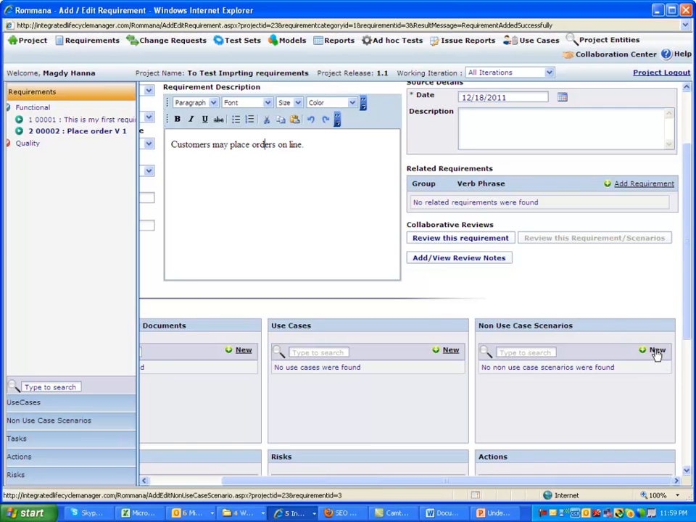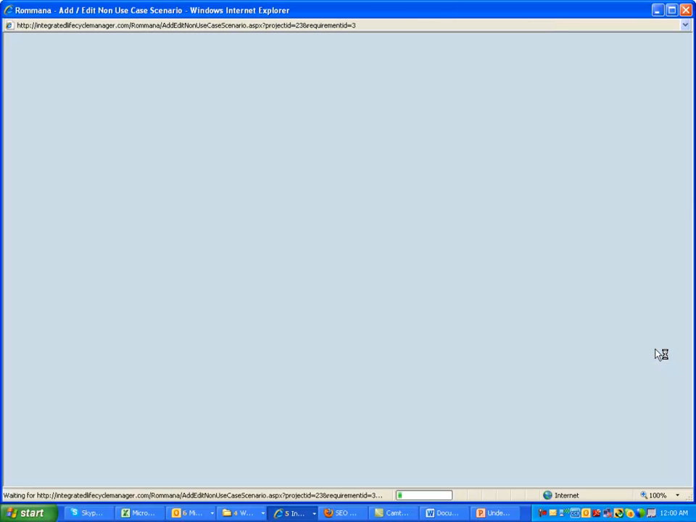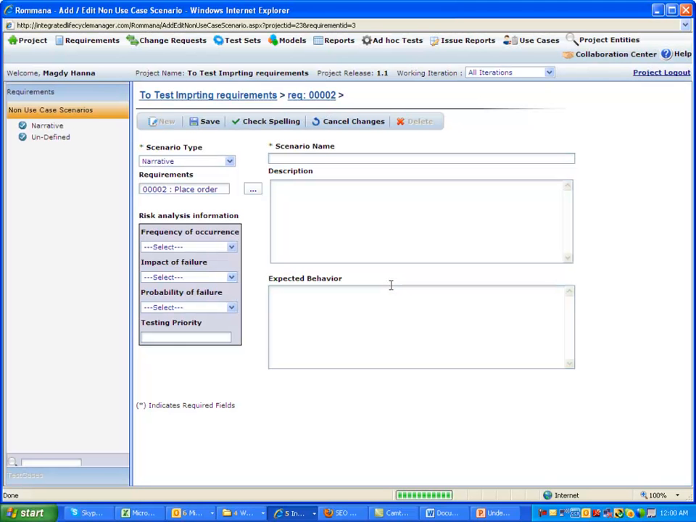So I'm going to go here and click on new, which will take me to the scenario screen to create a number of non-use case scenarios. Let me very quickly define for you that a scenario in Rommana is nothing more than any condition or any situation that could possibly happen in production that the system will have to deal with. So I'm going to give a scenario name here. I'm going to say place order for something